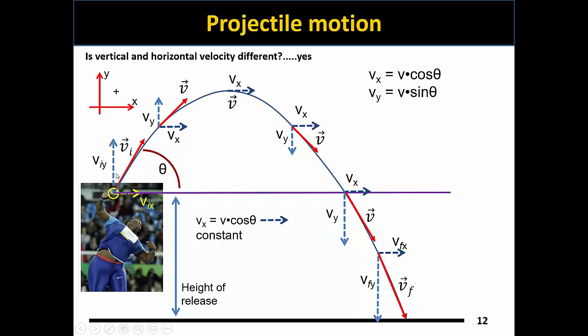And the vertical velocity vector, we see it's greatest at the point of release, and it starts to decrease to where it collapses to the zero vector, where it transitions to a direction pointing downward. And as long as that shot put is in the air and it's a projectile, that vertical vector will continue to lengthen. And so this ends the second part of our projectile motions subunit of Module